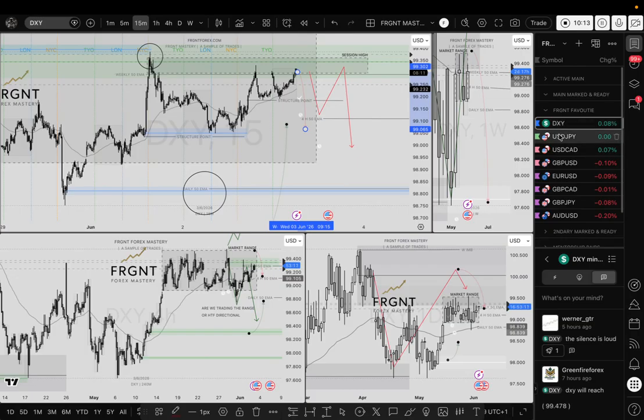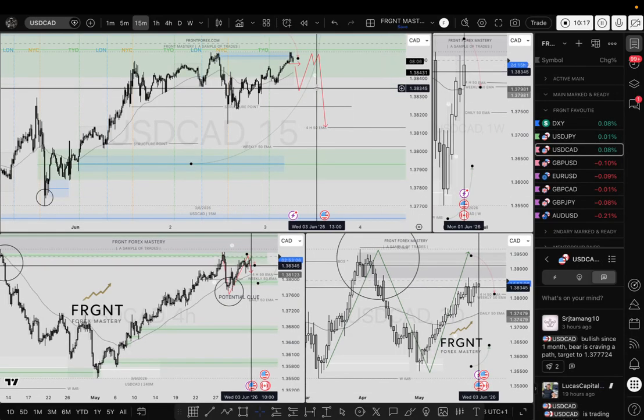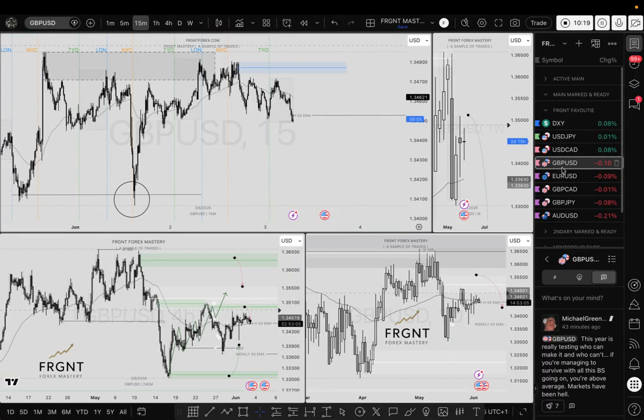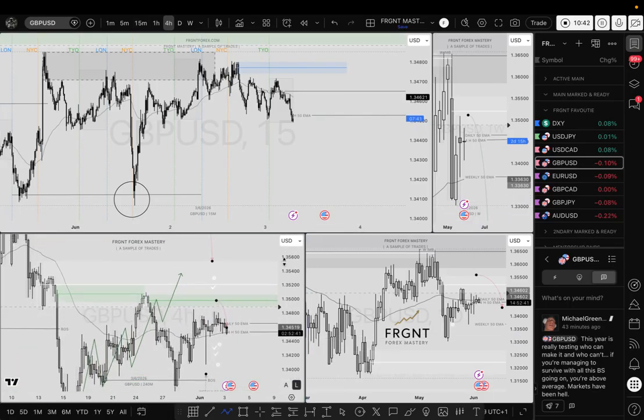So that's DXY using that confluence with UJ, using that confluence with US dollar CAD as well, and then GU, let's see. So if I'm looking at potential short positions to materialize on UJ, then what does that mean? Well, not necessarily UJ, but the DXY. What does that mean? Well, that means for me that I must understand that GU has the potential to pull back. If GU pulls back, that's telling me that the DXY is now proving itself to be slightly weaker. Where in the market can I understand that GU could potentially pull back from?